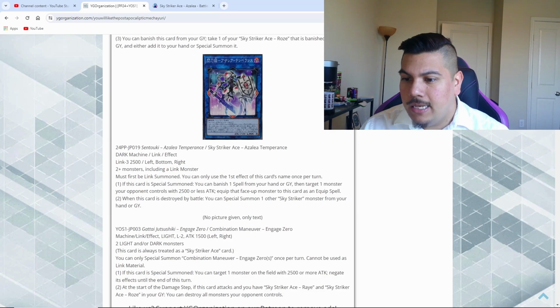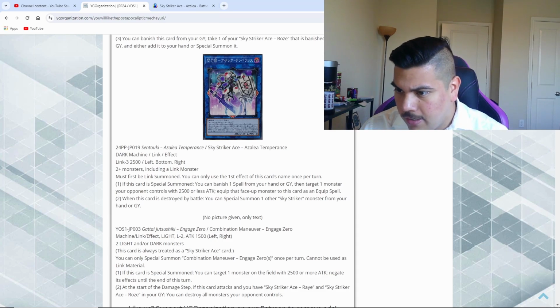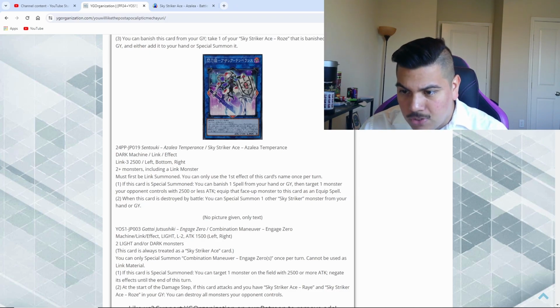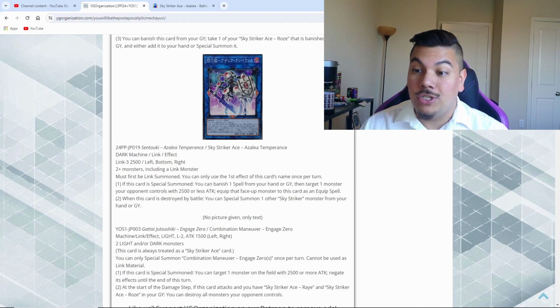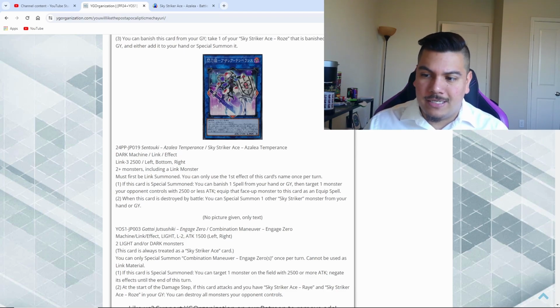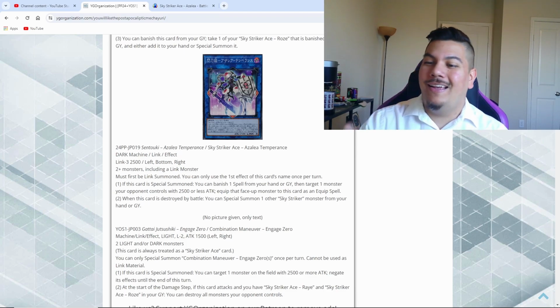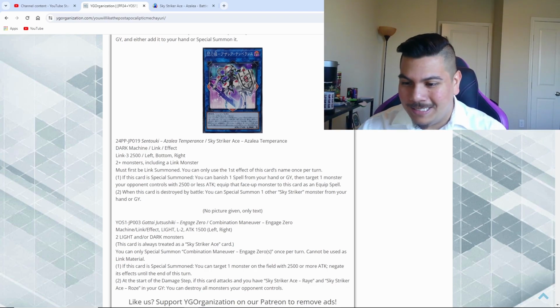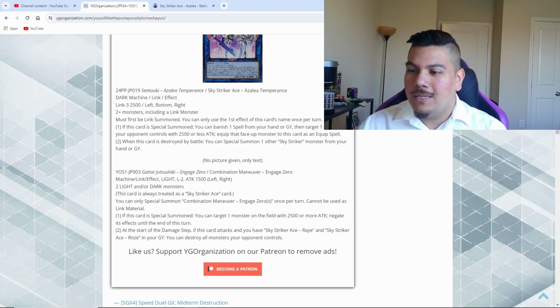So it is a Combination Maneuver Engage 0. Cool name. It is a Machine Link Light Effect monster, Link 2, 1500 attack, left and right arrows, takes 2 Light and/or Dark monsters, so I think that's the same as Azalea as well. So alright, nothing we haven't seen before. Always treat as a Sky Striker card, whatever. Why does it have that? Why can't it just be a Sky Striker card? That's so crazy. You can only Special Summon this dude once per turn, cannot be used as a Link material,